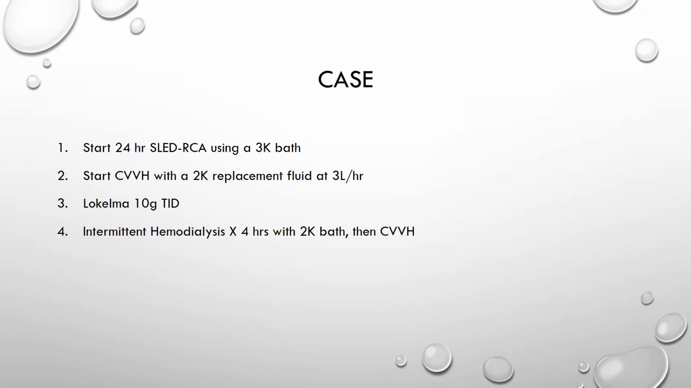So essentially the first two choices are CRRT. Third, we can eliminate Lokelma. What about fourth, intermittent hemodialysis? Then CVVH. Right, yeah, okay. You're absolutely right, he is on VA ECMO. However, the correct answer in this case, as Stan already knows, is intermittent hemodialysis for 4 hours with a 2K bath, then CVVH. And the reason why is,